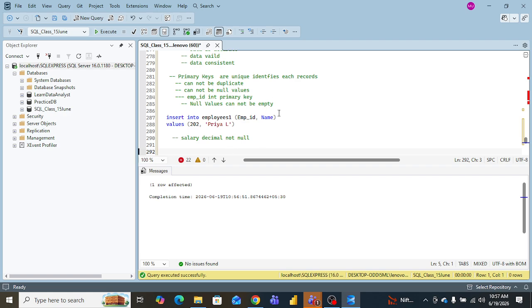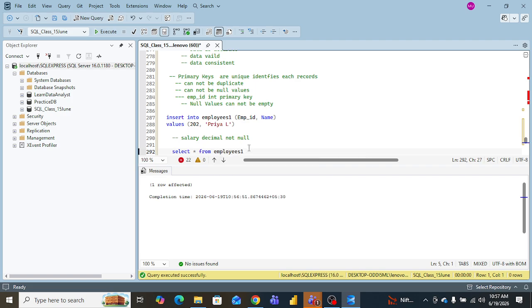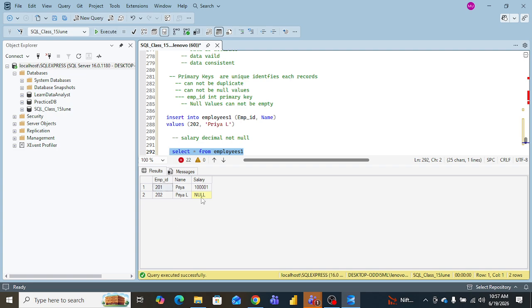Let's see now. I will check. Select everything from employee one. Now I will execute. So you can see there's a null value, right? It's a null value, right? So Priya has